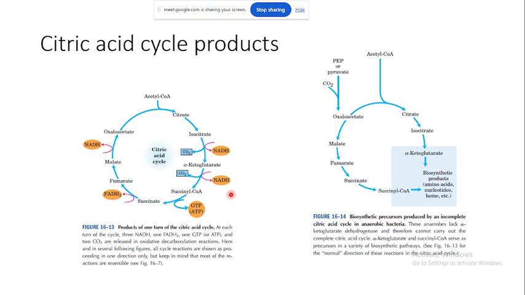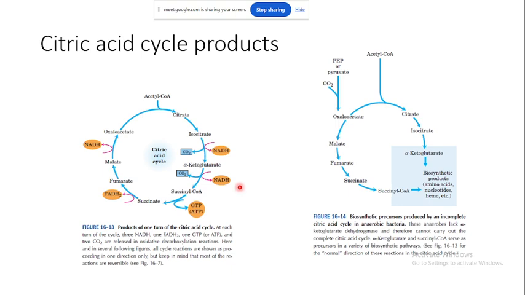Again, malate to fumarate will happen. Then fumarate will be converted to succinate, right? Because the FADH2 level is high, so the opposite reaction will be there. So fumarate will be converted to succinate, and succinate will be converted into succinyl CoA, which will be used for the biosynthetic products, right? So in this case, when there is an anaerobic condition, NADH and FADH2 levels will be high